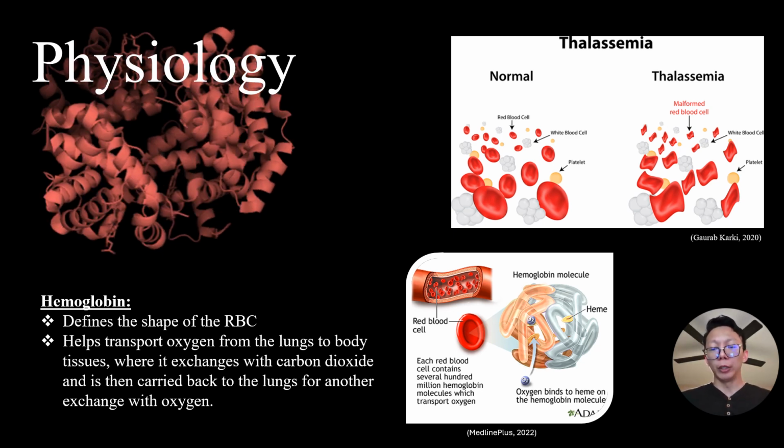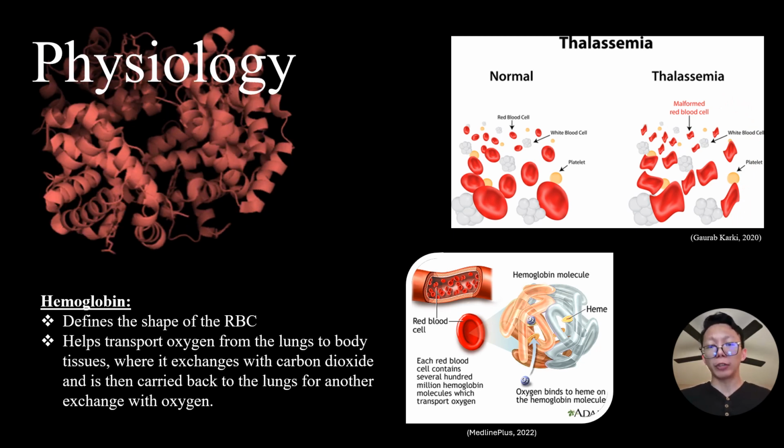However, if you look at this photo, on the left, you are able to see what a normal red blood cell looks like, versus on the right, what the red blood cell looks like if someone has thalassemia. As you can see, the red blood cells are irregular in shape or not